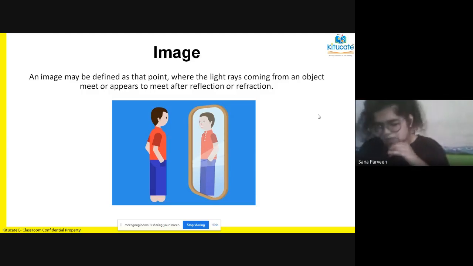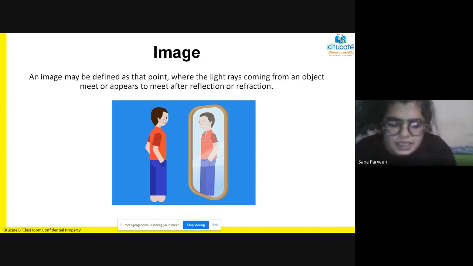From the boy, okay, now see, the boy is standing, the light comes, and from the boy some rays are reflected to the plane mirror. Okay, so here the boy is standing there, some light waves are coming on the boy. From the boy's body, some light falls on the mirror, because the boy's body is an opaque object, an opaque object is going to reflect light, and when all these light rays are getting reflected on the mirror, they will meet at a certain point, and that meeting of the rays